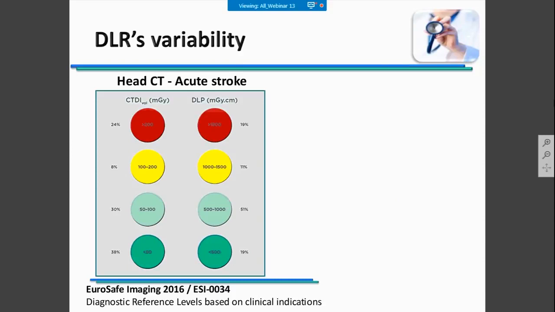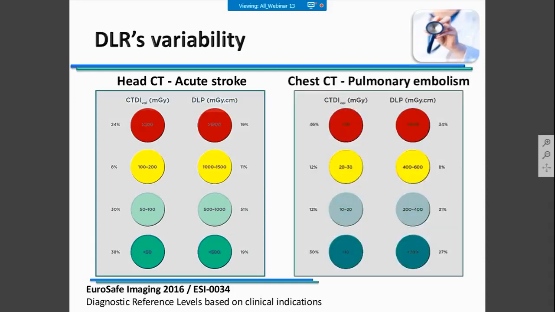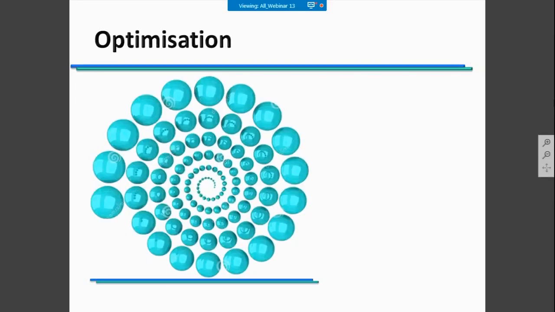And if you are looking at a specific clinical task, as Eurosafe Imaging proposed recently, for example, acute stroke in a head CT examination, or another example, a chest CT for the pulmonary embolism indication, you can see that a large variation in the dose values could be found, and you could have 3 times more dose in different examinations. So it's important to understand that DRLs have a large variability, and you need to analyze